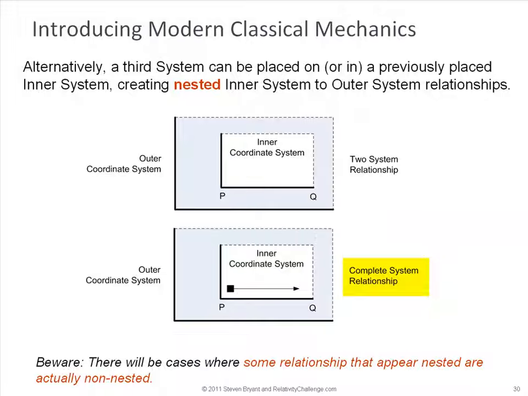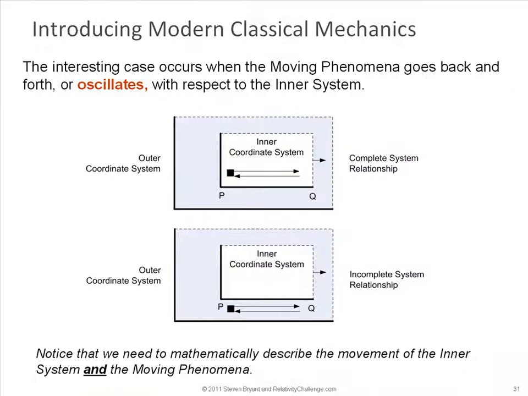And that's a very important distinction between this model and relativity theory. So here we see both systems. Now what's interesting is when we put everything in motion. So what we will do with the inner system is we will just put it into translation motion. We will just slide it